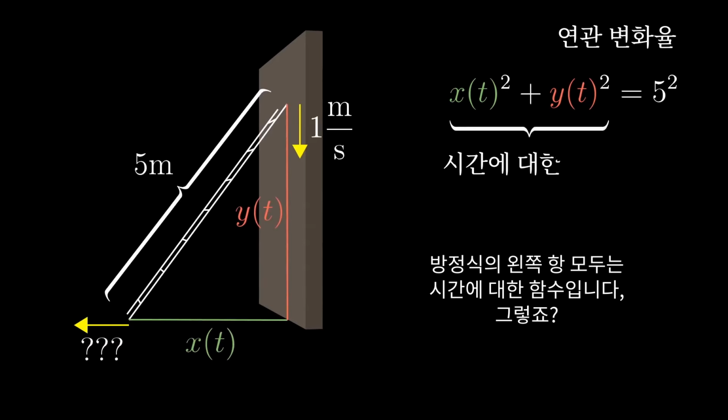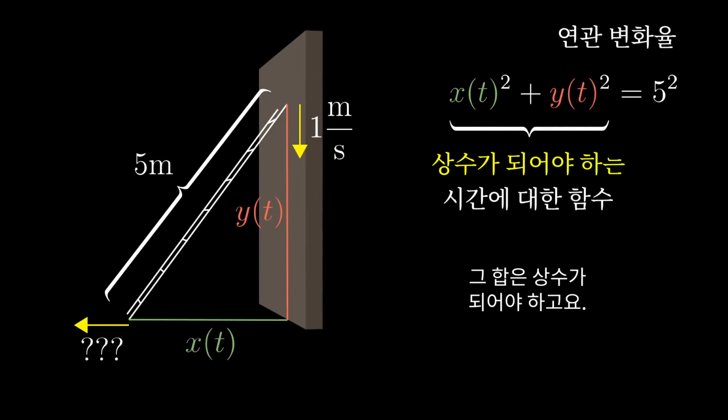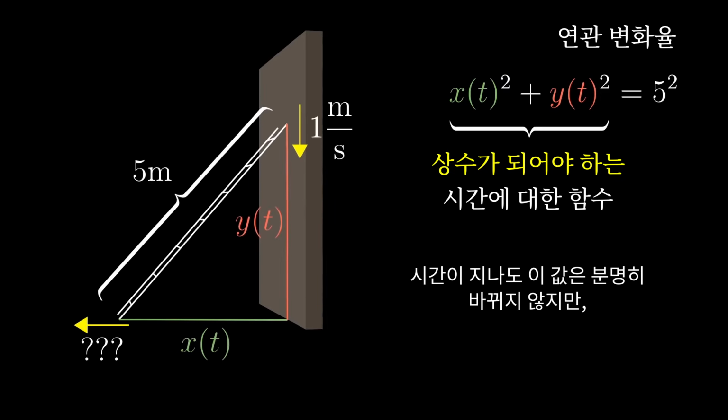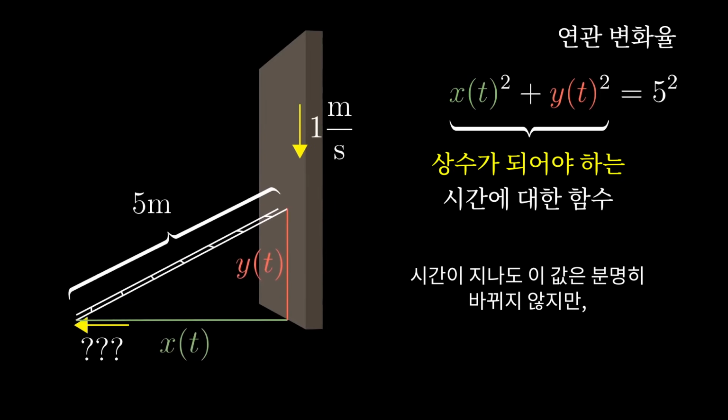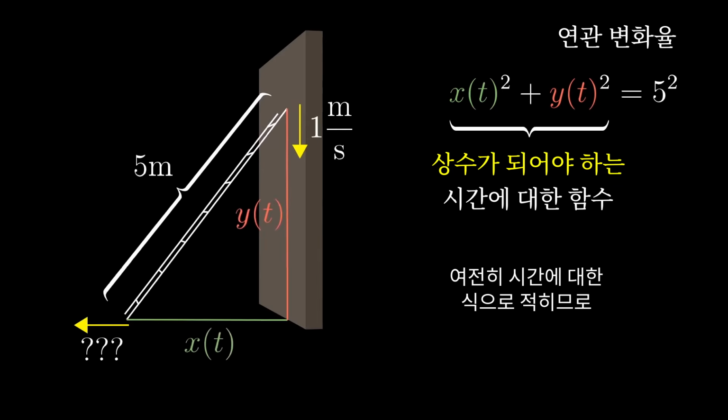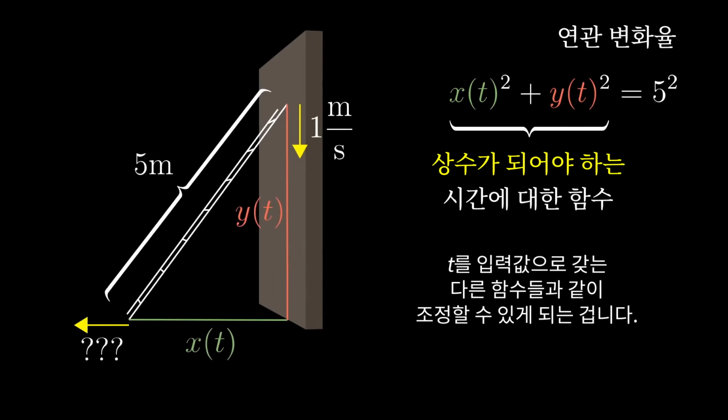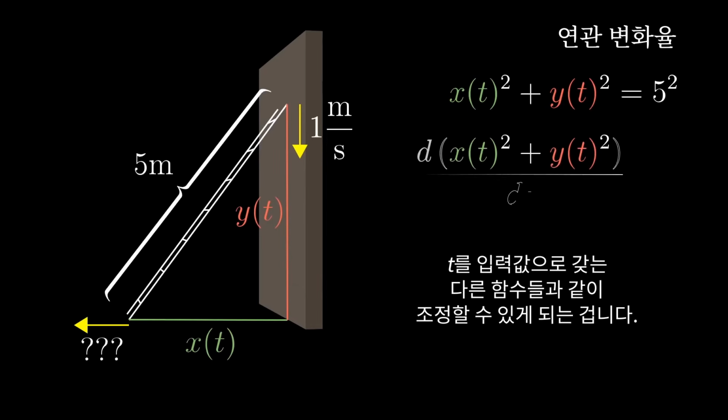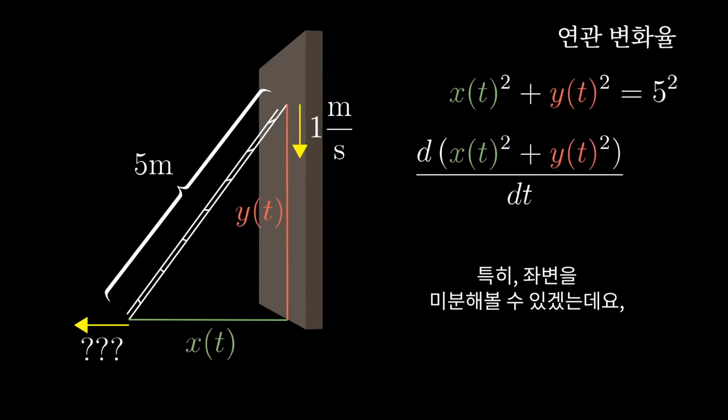This left-hand side of the equation is a function of time, right? It just so happens to equal a constant, meaning the value evidently doesn't change while time passes, but it's still written as an expression dependent on time, which means we can manipulate it like any other function that has t as an input. In particular, we can take a derivative of this left-hand side, which is a way of saying,